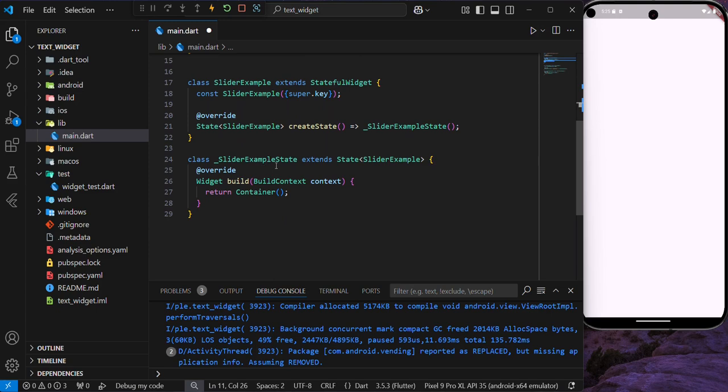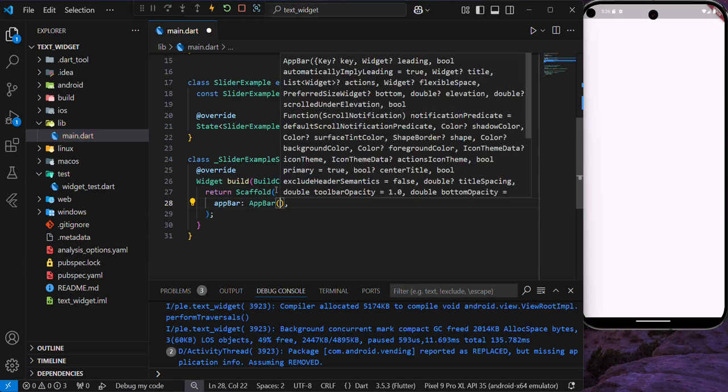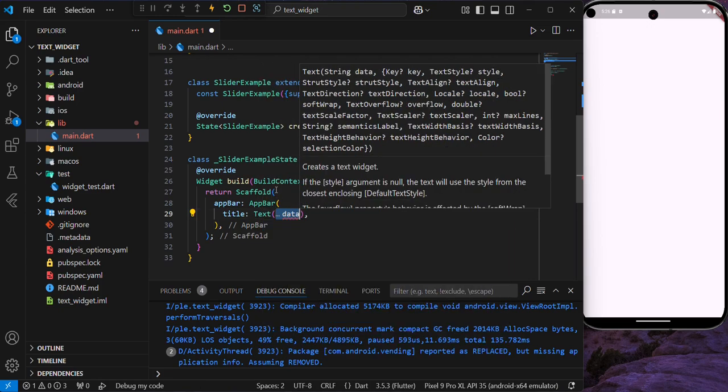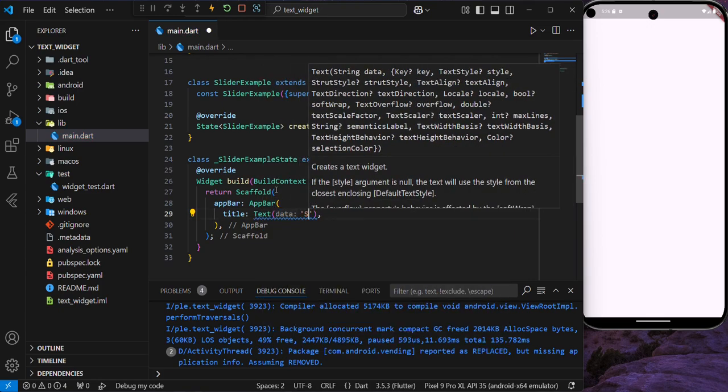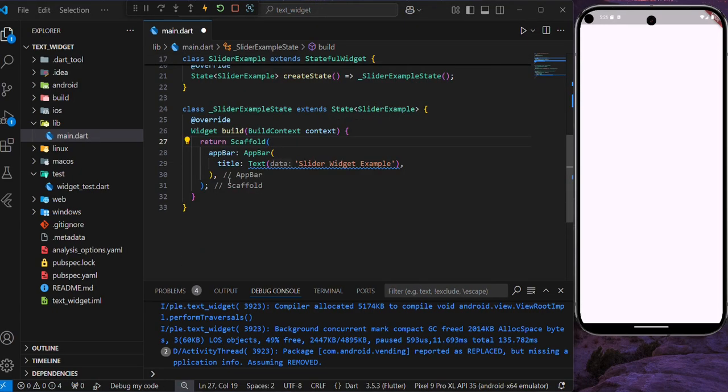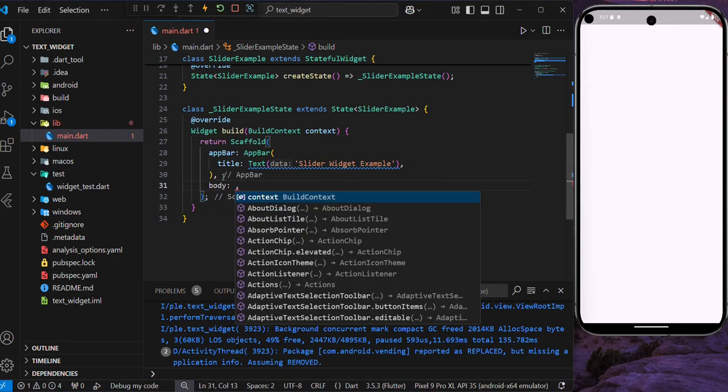and going to come inside here. Instead of returning a Container, I'm going to be returning a Scaffold, and let's give it an AppBar. Title is just going to be Text Widget, which is going to take SliderWidgetExample, and inside our Scaffold I'm going to add a body, which is going to take a Column,